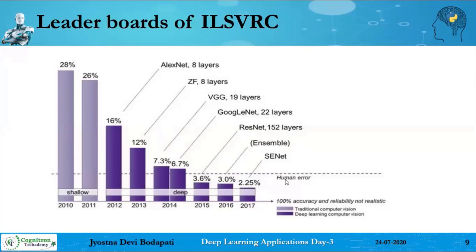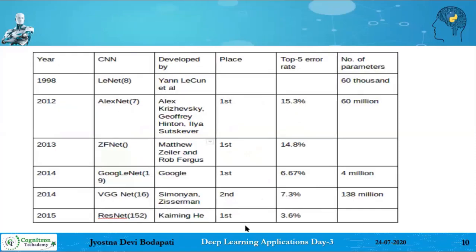If you give the images to humans, the error rate is about 5% for the ImageNet data. But these deep neural networks could perform beyond expectations and give a lower error rate than humans. That's how successful convolutional neural networks were. So let's briefly discuss the deeper networks, starting with AlexNet. I'll just go through the slides, as I may not be able to spend much time on this. I just want to give you the intention.